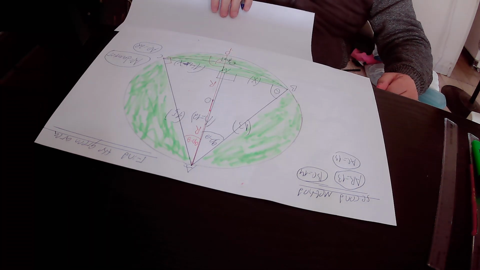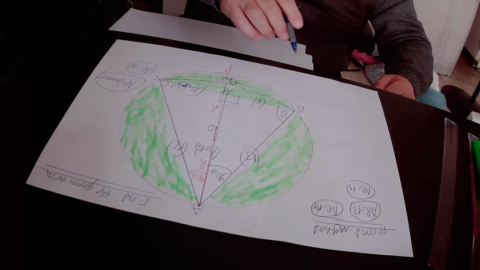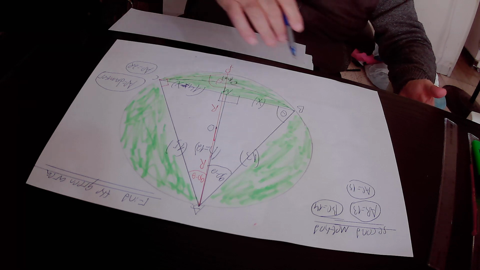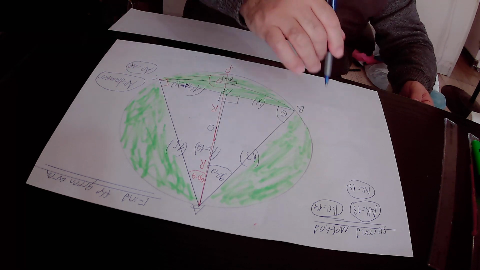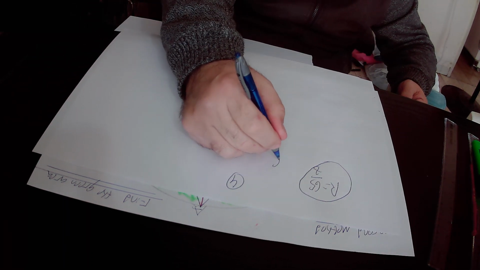Our mission is to find out the area of this green shape. It is very easy to see that the area of this green shape equals the area of the circle minus the area of triangle ABC. So we write it down. The area of the green shape in total equals